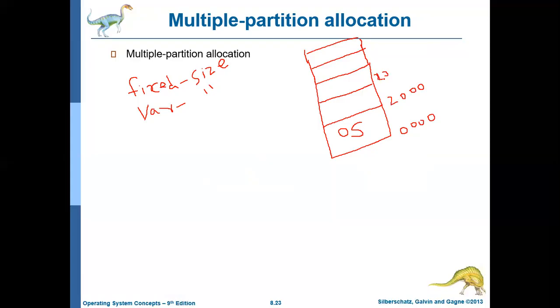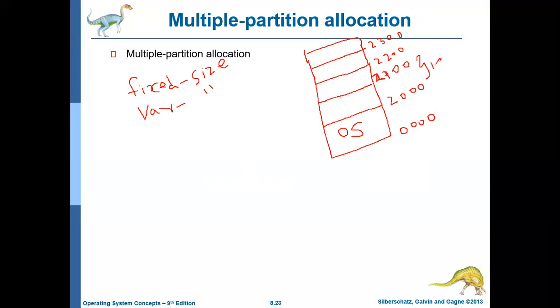So the first partition will go up to 2100. That is actually 2000 to 2099, that is 100 locations, right? Then the second partition will be 2100 to 2199. The third partition will go from 2200 to 2300. So on and so forth, it continues. So your entire memory will be divided into fixed size partitions. Here the fixed size we are taking is 100 MB.